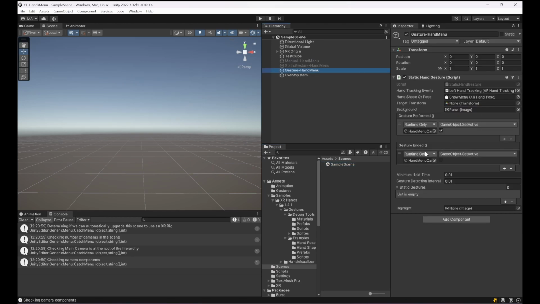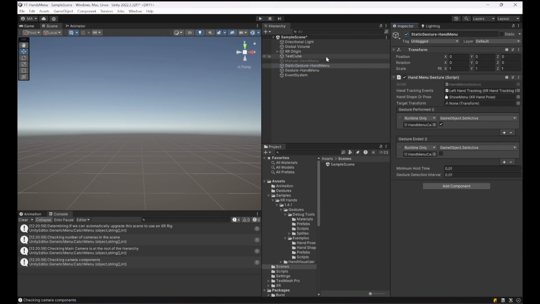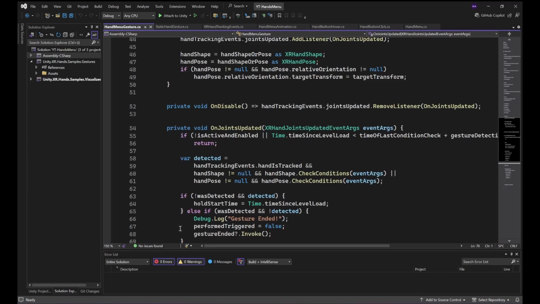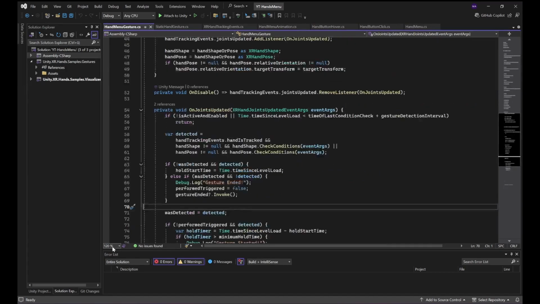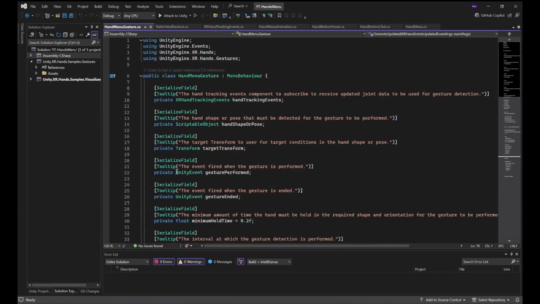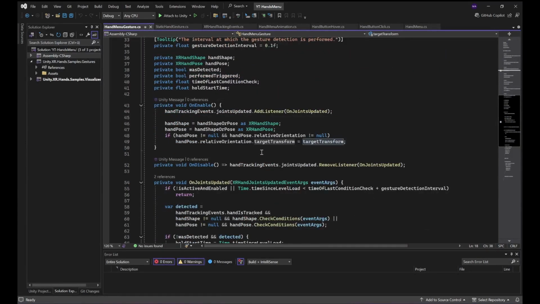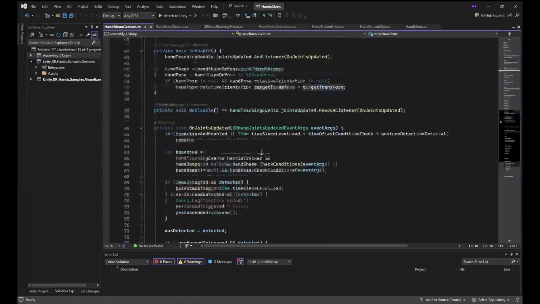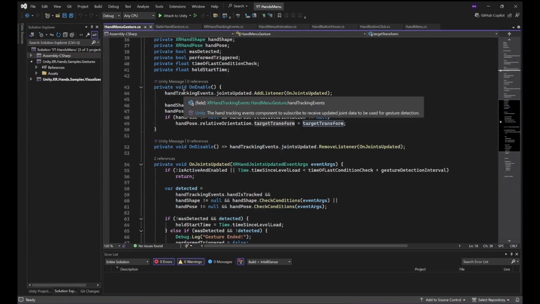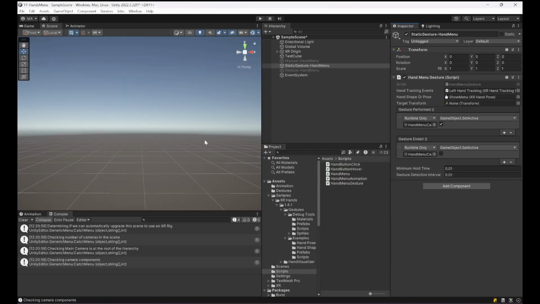Having this hand menu here does work pretty well, although you will always have to check for some background which should be changed, so I decided to just modify the script and make it a little bit simpler. Let me walk very quickly through it. It's basically the same as the static hand gesture script, but it's only for the hand tracking events, shape pose, and target transform. I just removed the background image, and most of the things are the same. But what's very interesting is the hand tracking events object, which already sits on the